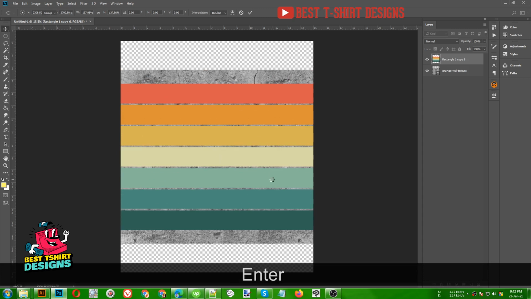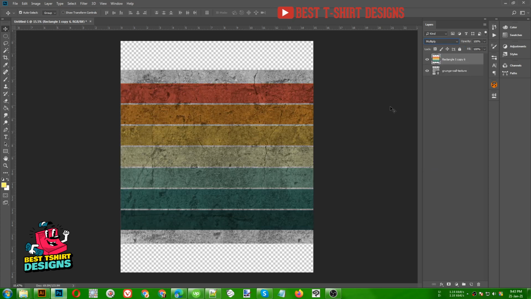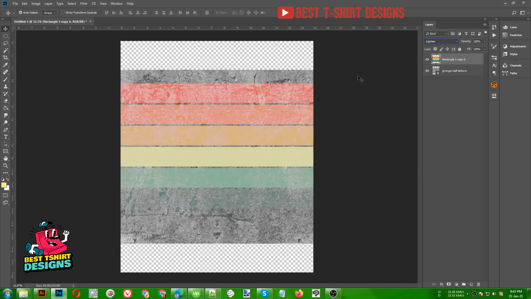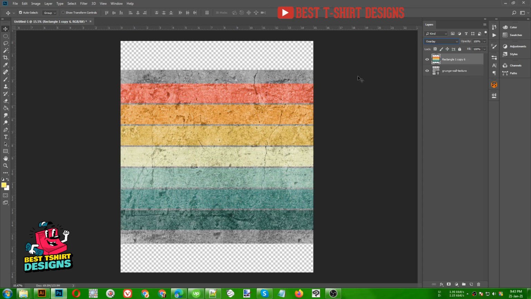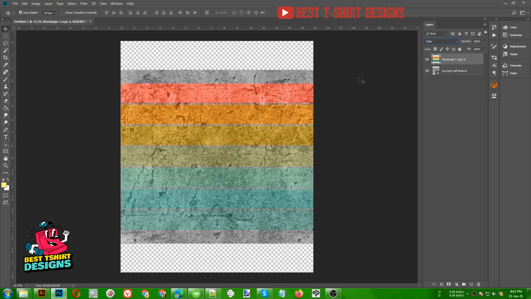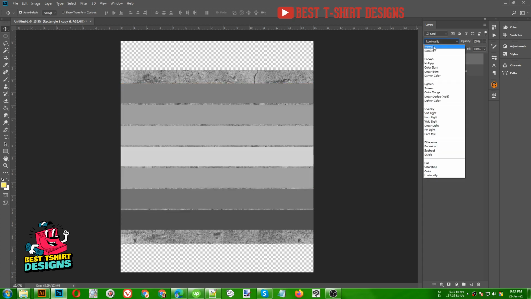That is good. Placing it like this. Now I want to keep that texture in the background of the concrete wall. So if I go to this blending option and then choose multiply, it is going to look like this. We have to just play with some of these options and see which one works best for us. It depends on the colors, depends on the texture you are using. So something like this, the color option always works. Maybe that will work for us. Okay, so this is the color option. Okay, sorry for that, it didn't work.